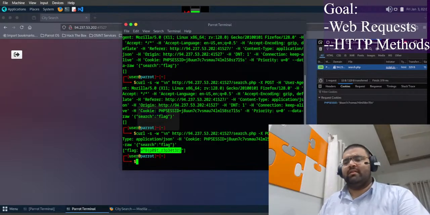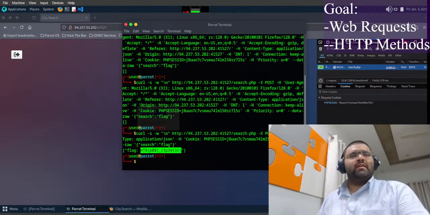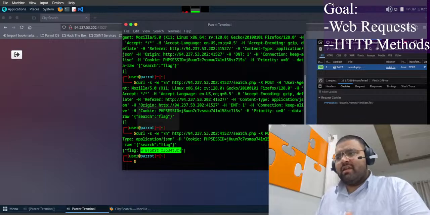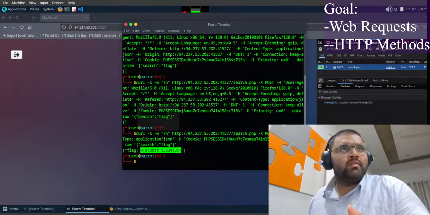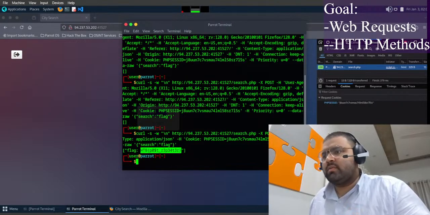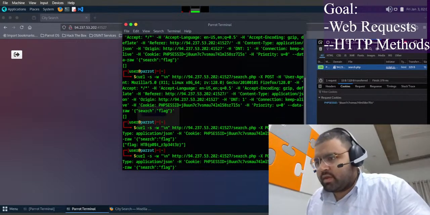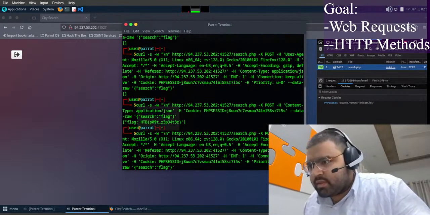This is just ridiculous, bro. I gave more headers and it didn't give the flag. I'm removing headers. Okay, it could be because of the referral thing. Uh, let me submit this and get the next part. But I want to try the same thing again, but without